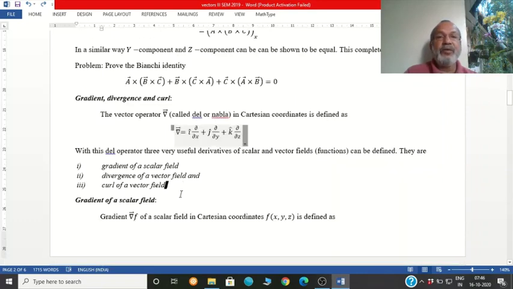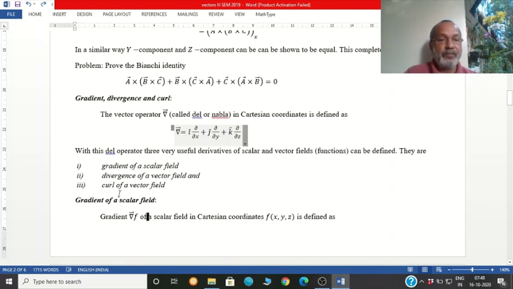We can actually obtain three kinds of derivatives. I have listed that here. The first one is gradient of a scalar function or scalar field, and the second one is divergence of a vector function or vector field, and the curl of a vector function or vector field. So the last two apply for vector functions and the first one applies for scalar functions only. That is, we cannot have a gradient of vector functions and we cannot have a divergence and curl of scalar